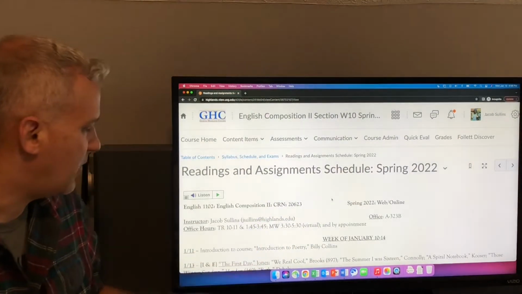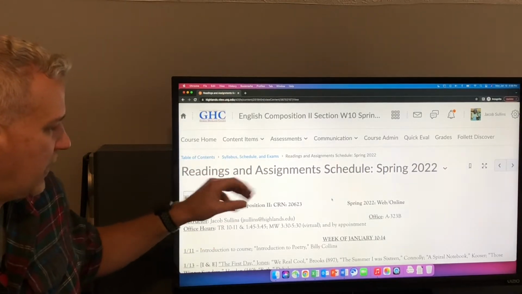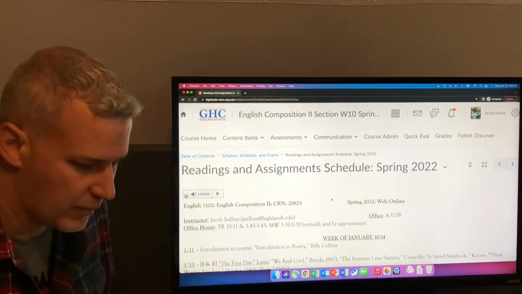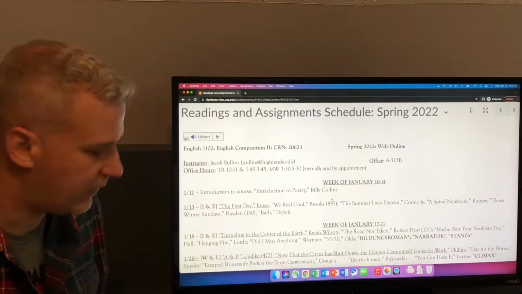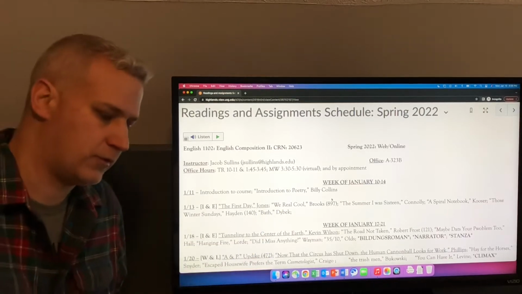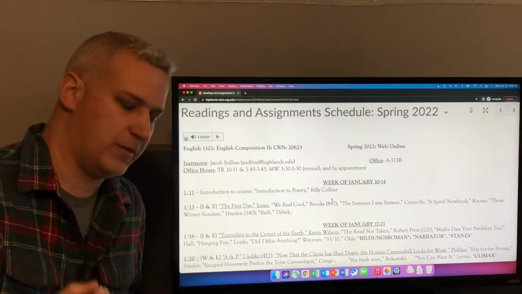You can see the same basic information is at the top of this. This is in syllabus, schedule, and exams. And this is the schedule. You can see the basic contact information, all that stuff up here at the top. What I really want to talk you through is one of the last things in the syllabus video, the